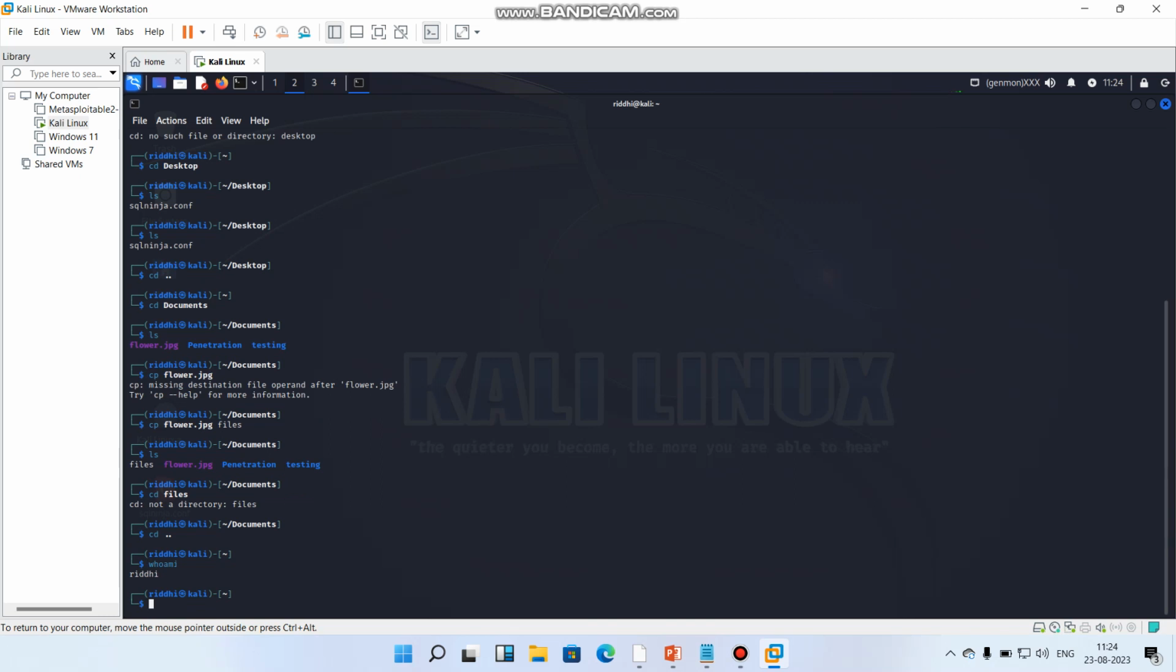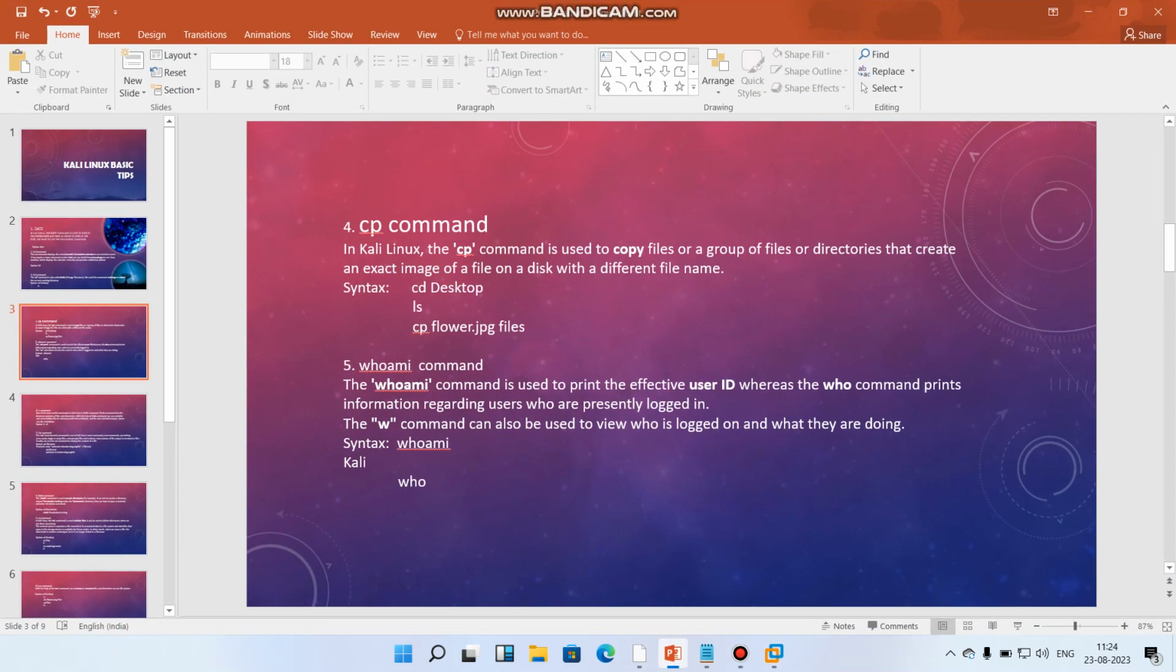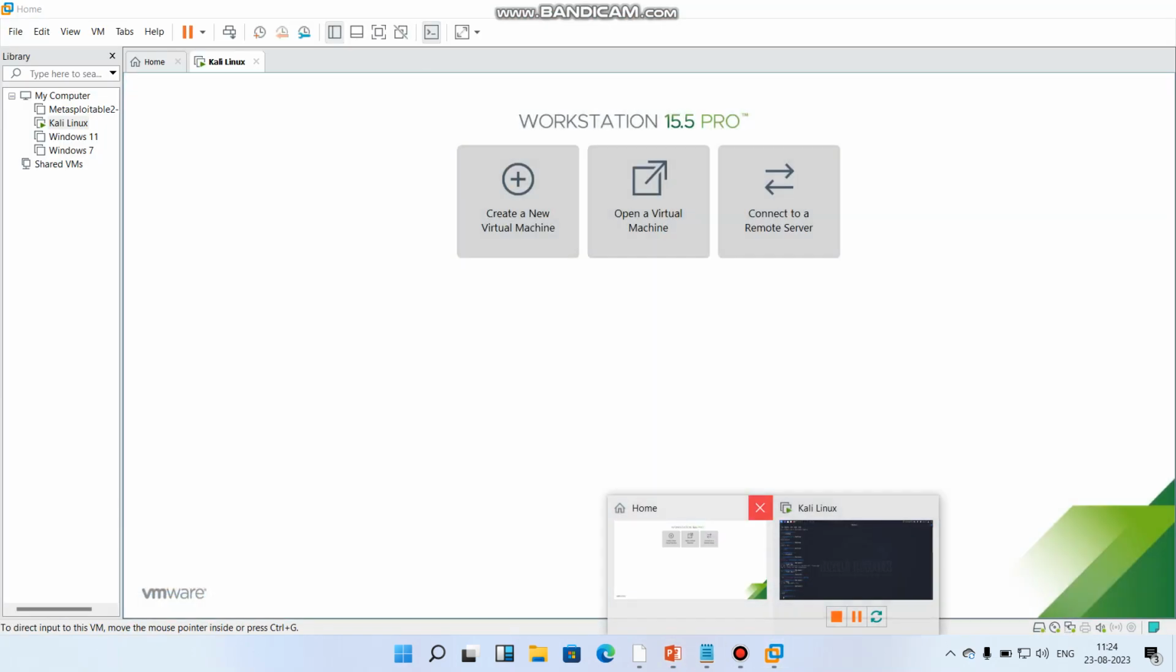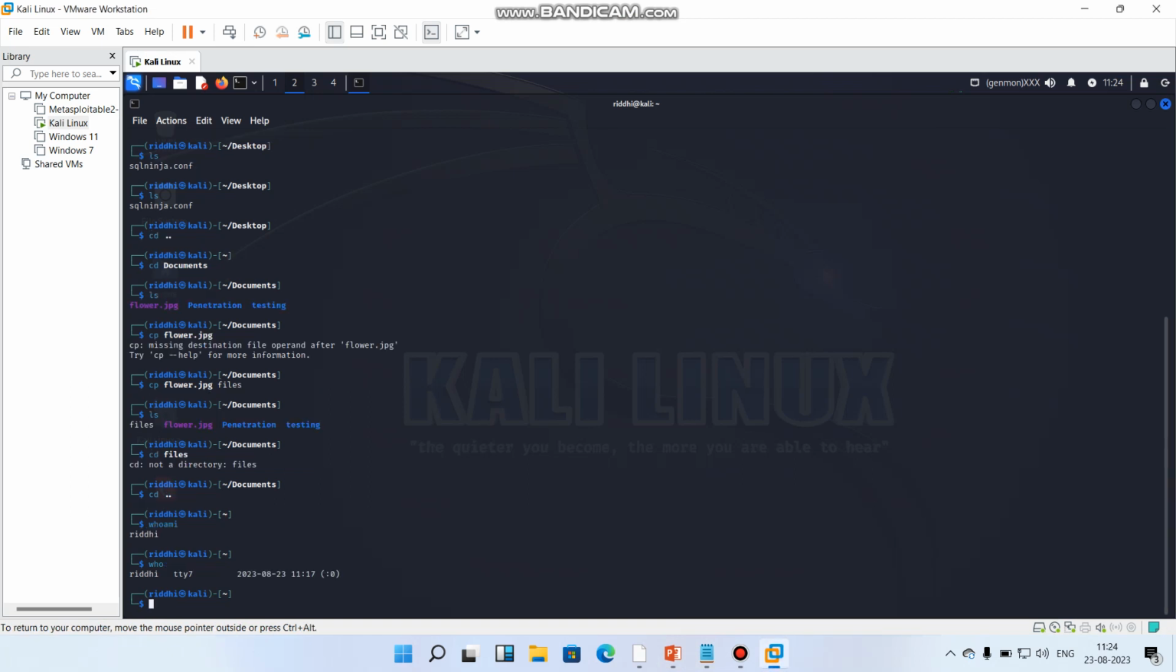So I have written the whoami command. It shows the username. Whatever username you have, it will show that. Now if I write just a simple who command, it will be showing